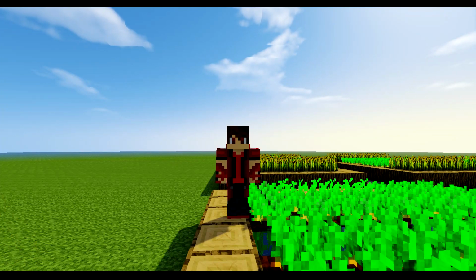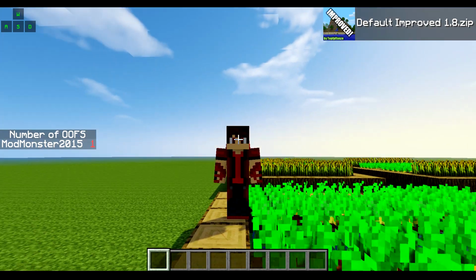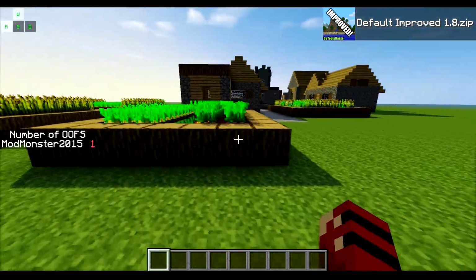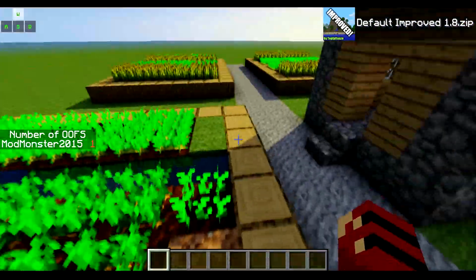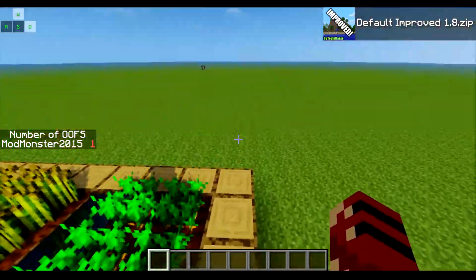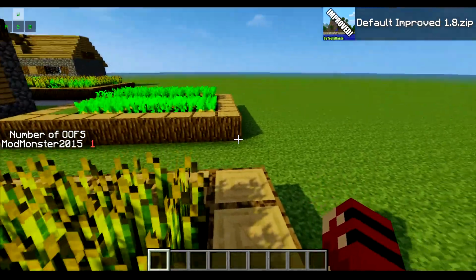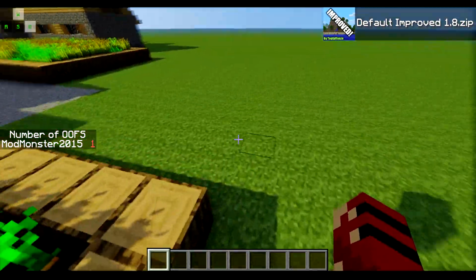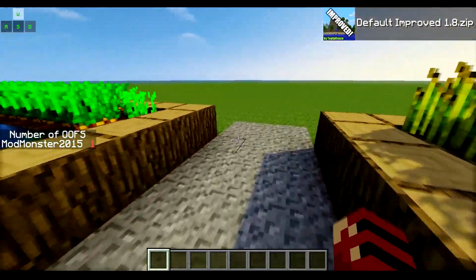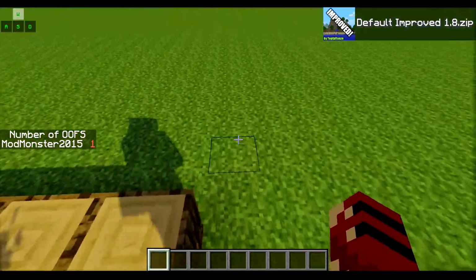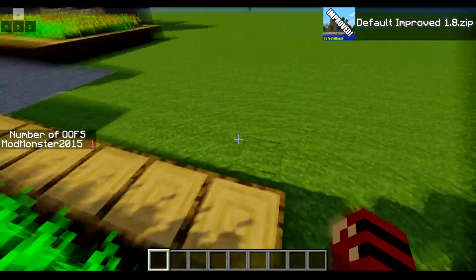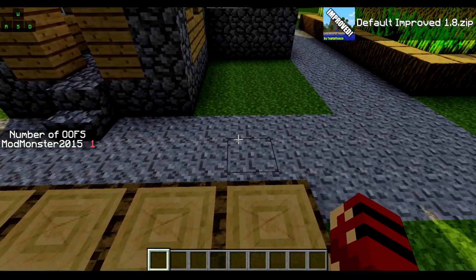Next up on the list, we have the keystrokes mod. Now you can see that in the top right of my screen, it shows a little keyboard that shows what keys are pressed on my real keyboard in real life. Now it only has WASD in this current state of the mod, but it is pretty cool having a little keyboard up there so that your viewers, if you're a content creator, can see exactly what you are pressing. Now, it is, once again, a pretty small mod that is great for one little thing, and it's highly configurable.